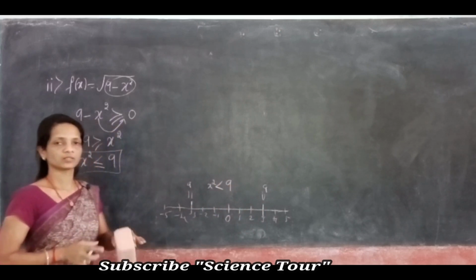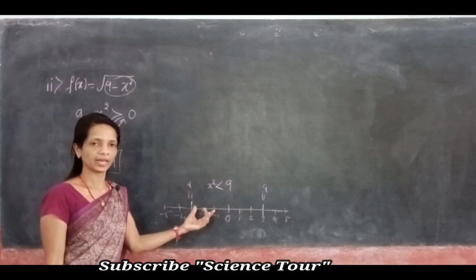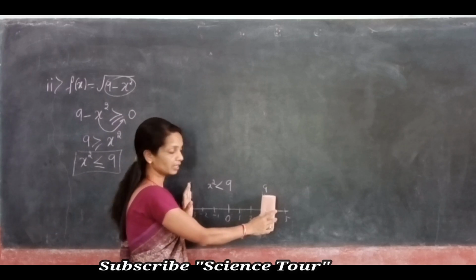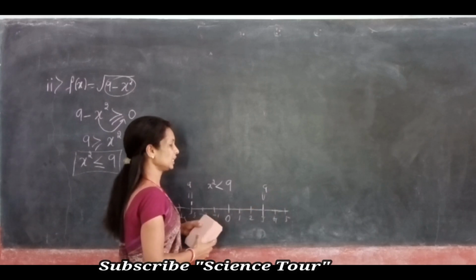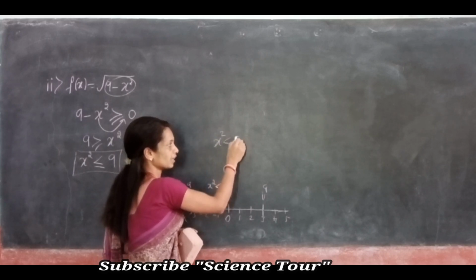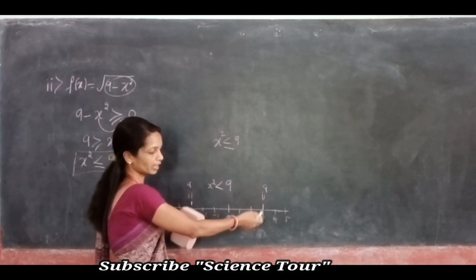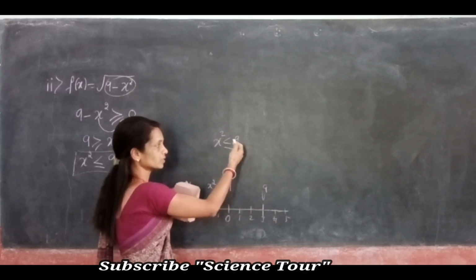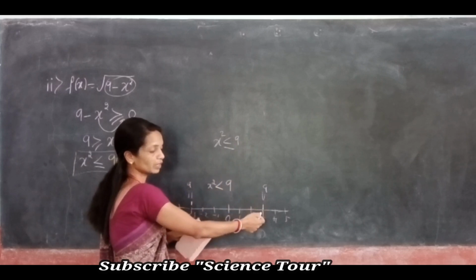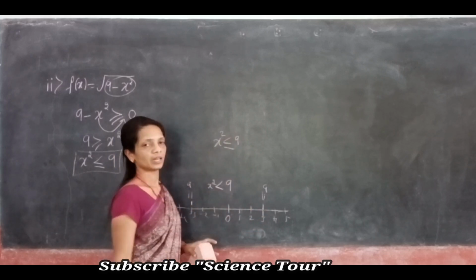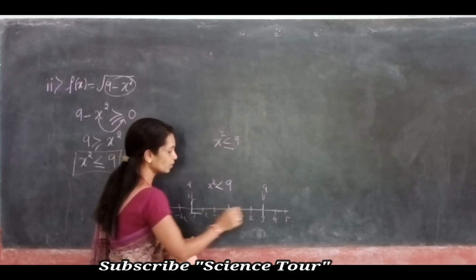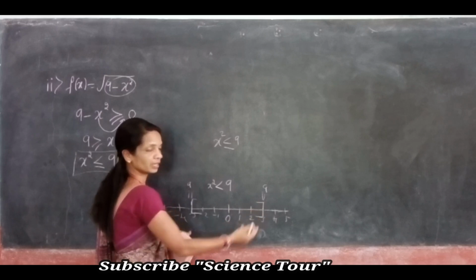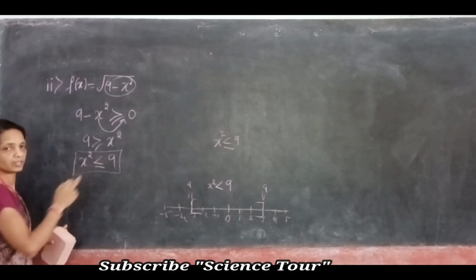So now can you guess what are all possible values of x we can take? From minus 3 to 3, if you take any real number, then the square of that is less than 9 or equal to 9. When equal to 9, x is 3 or minus 3. If you take in between minus 3 and 3, then the square is less than 9. So these are all possible values of x we can take, including minus 3 and 3, because equal to 9 is also there.